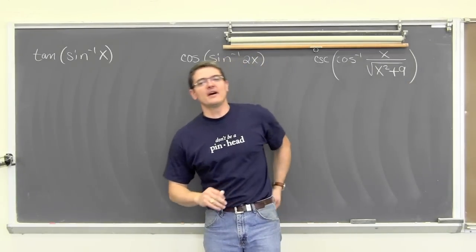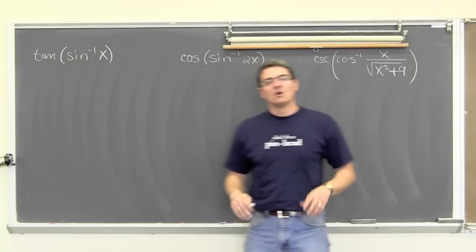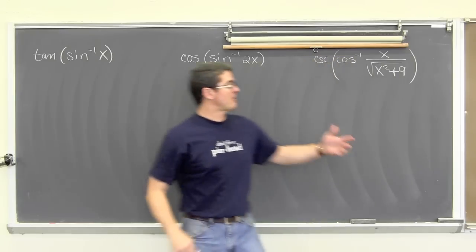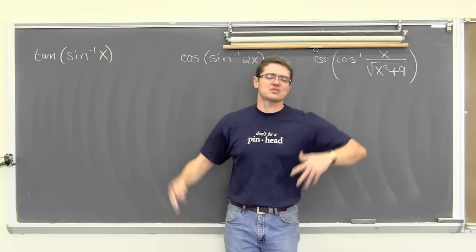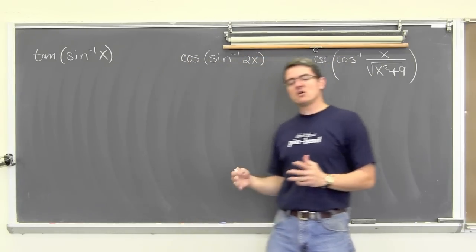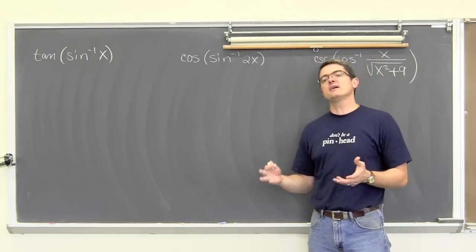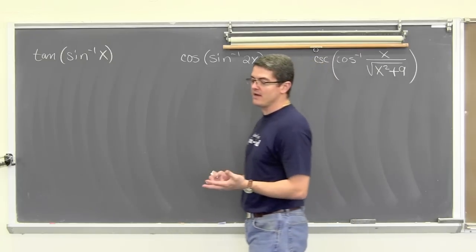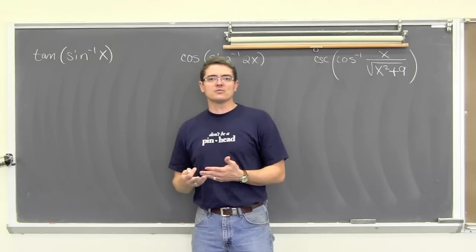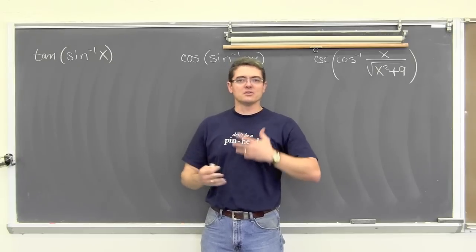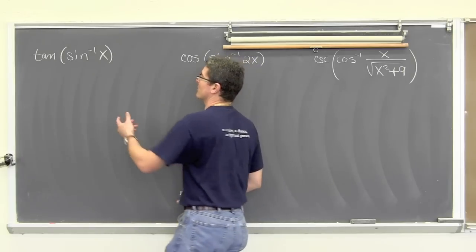In part 2 of evaluating inverse trig functions, as you can see with the 3 examples I'm about to work with, we're going to do some problems that don't actually have any angle measures. We don't have enough information to find any concrete numerical values. We're just going to be setting up our triangles in the appropriate quadrant, and then setting up angles and finding ratios. So let's see here.